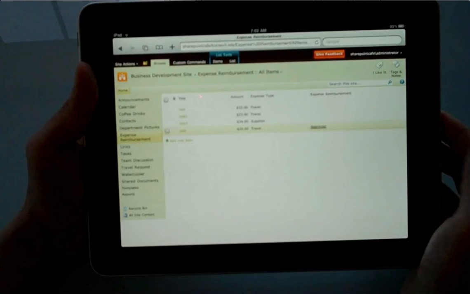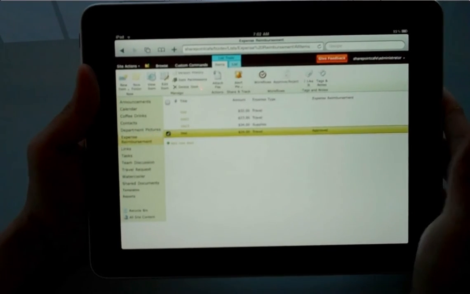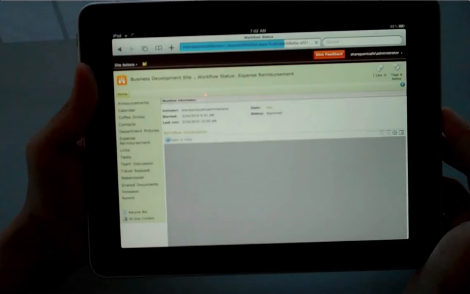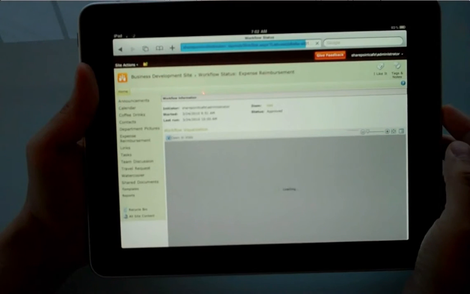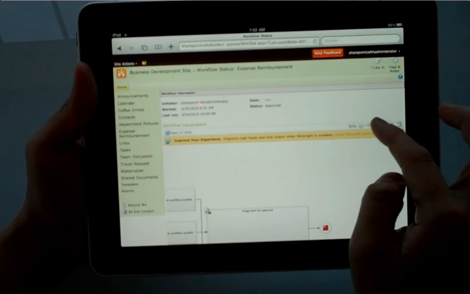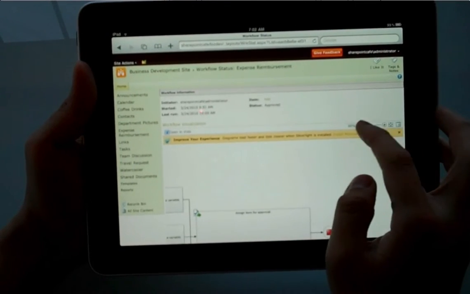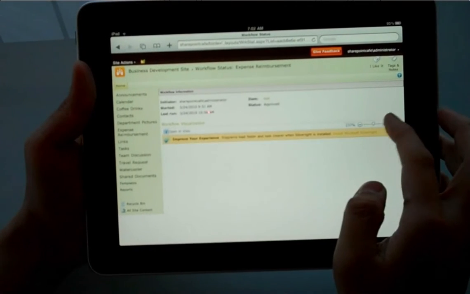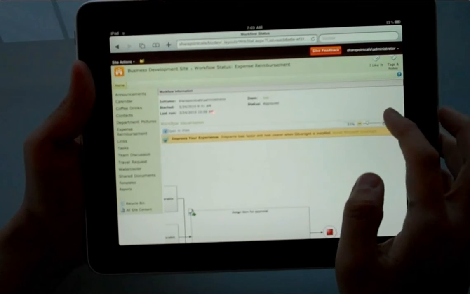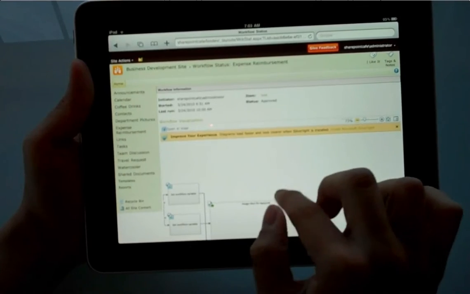Now, I want to go back to another list. This time it's a custom list called expense reimbursement. In this custom list, I enable the approval workflow, and I want to look at the workflow history. What I want to show you here, which is pretty interesting as well, is Visio Services is rendering just fine. So as you know, in SharePoint 2010, with the workflows built in, you can visualize the workflow through Visio Services. So what I'm trying to do here is zoom in and zoom out